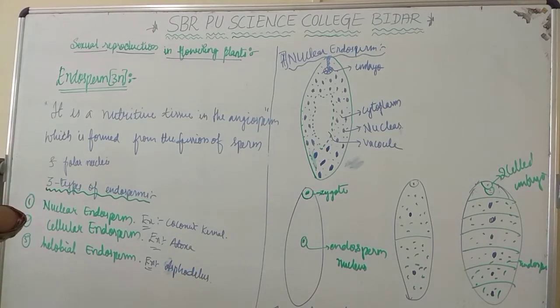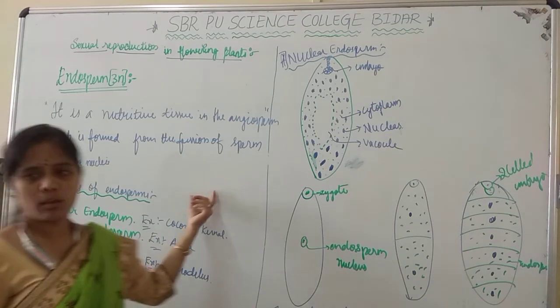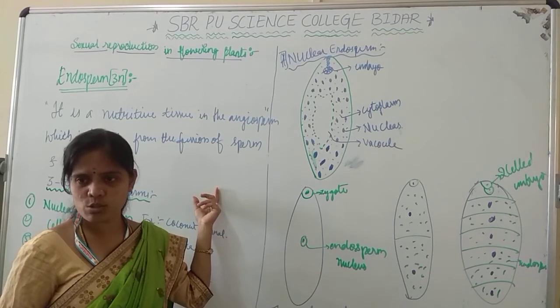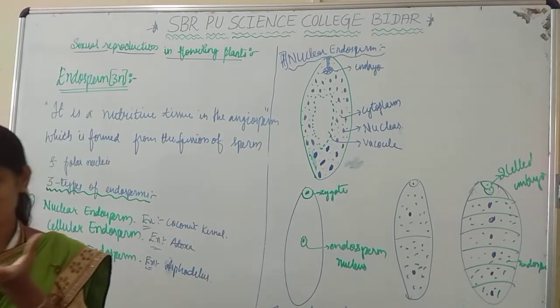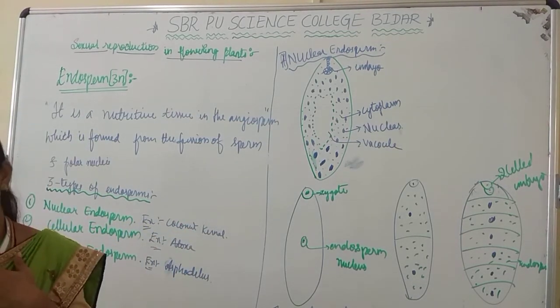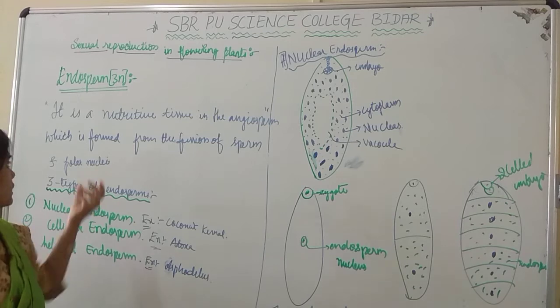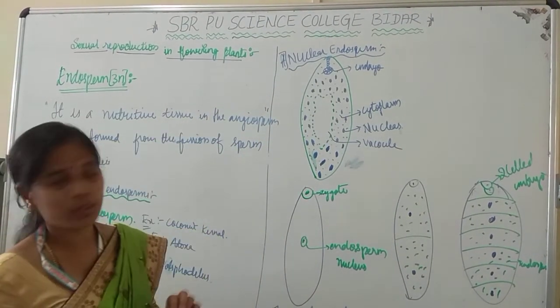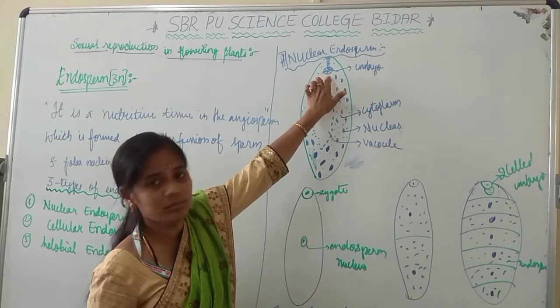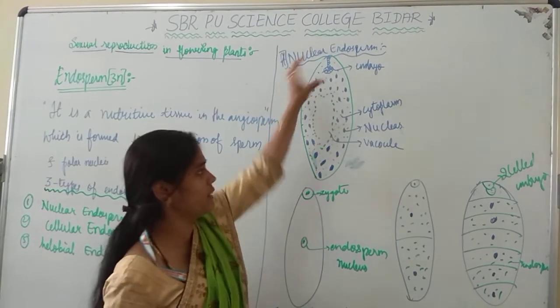You will know that the zygote is also undergoing continuous mitotic cell division, and also what we call the primary endosperm nucleus is undergoing continuous mitotic cell division, because they have to increase in size to develop into further structure. So the zygote will undergo the process of formation of the embryo. You are able to see here, it is at one end, it is at another end.